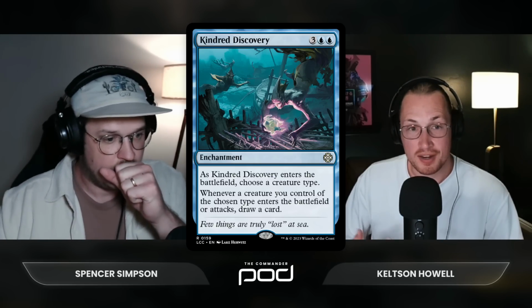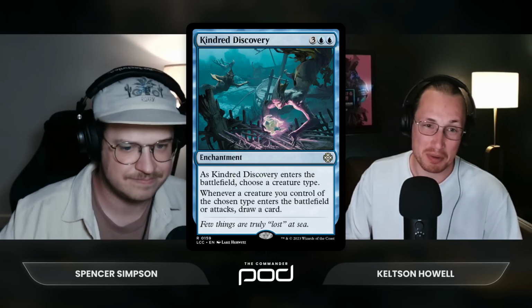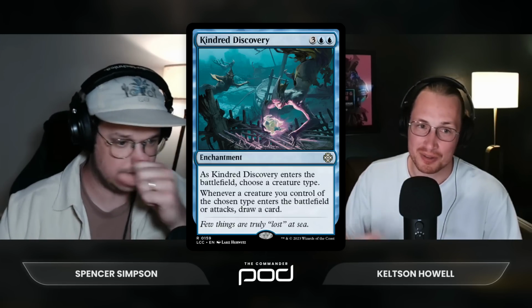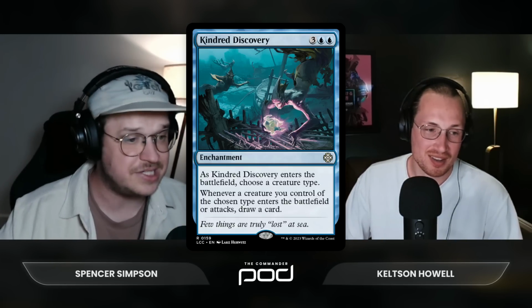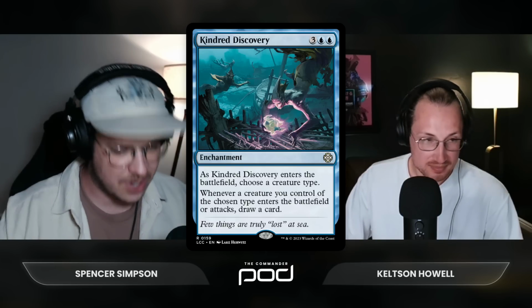Which, in a zombie deck, it's very easy to get zombies back onto the battlefield. So even if someone board wipes, you lose your zombies, they come back, and then Kindred Discovery's still out. So you're just drawing more cards again. This is easily one of the best cards in the deck, and I only have 1 tutor in the deck that is a zombie,